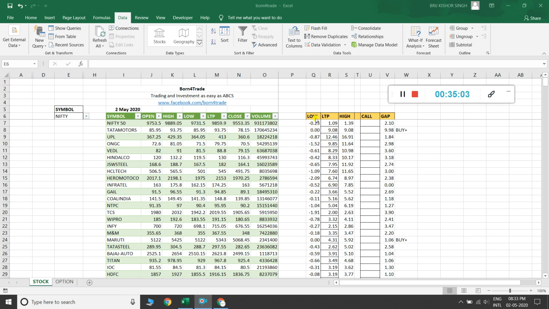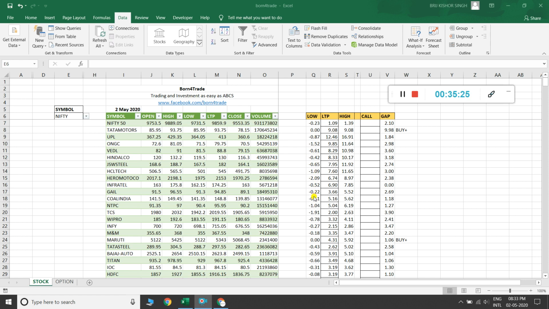If in the low column the data appears less than 0.4%, then it makes sense to me to generate a buy call. What is the reason?